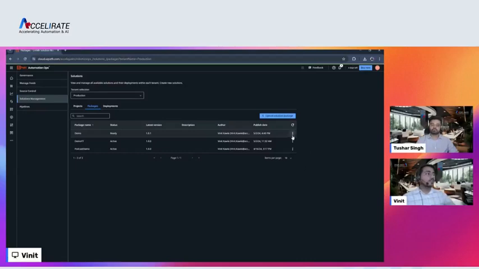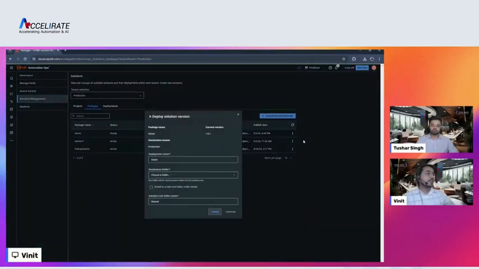Now to deploy it, we'll again click on the three dots over here, and we'll simply click deploy package. Once we click deploy package, we can give the deployment name. If you want to change the deployment name of your solution, you can do that over here, but I'll keep the same. And you can select the destination folder. You can select the shared folder that you have mapped in the tenant. In case you have multiple subfolders for your particular process, then you can select all those folders. But for now, I'll select the shared one,